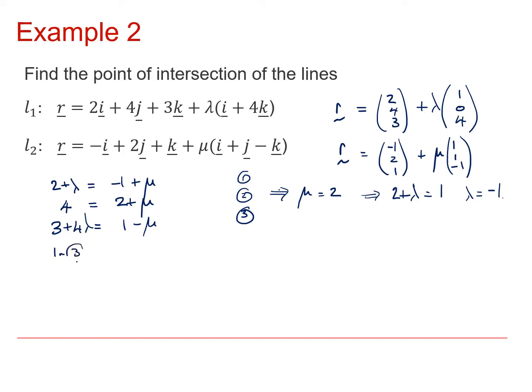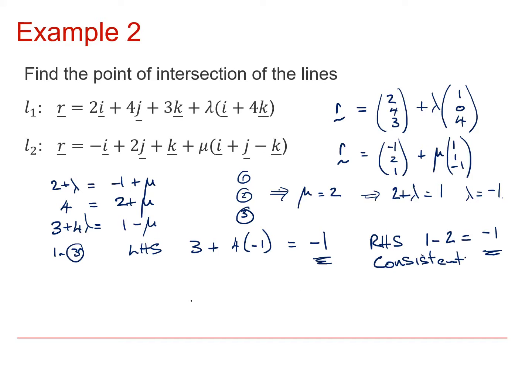So in 3, let's have a look at the left-hand side. We get 3 plus 4 lots of minus 1, and that's equal to minus 1. And from the right-hand side, we get 1 minus 2, which is also equal to minus 1. So these two things are equal, which means these equations are consistent. So they do intersect, and they intersect when either mu equals 2 or lambda equals minus 1. It doesn't matter which of these two equations we take. I'm going to use the lambda equals minus 1 bit of that, so they intersect at 2, 4, 3